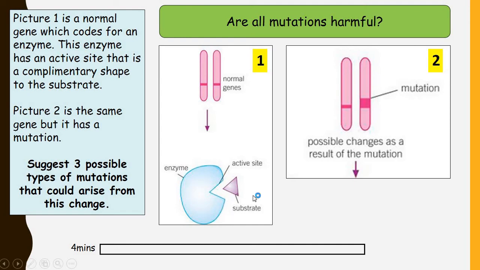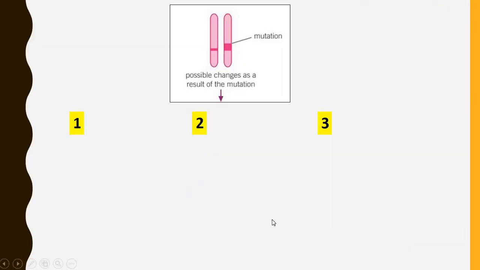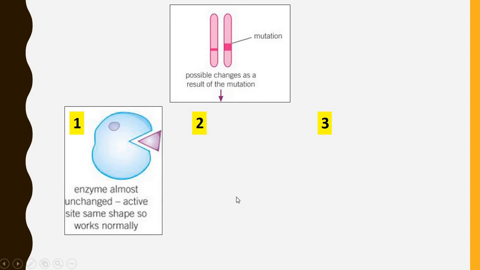So if the sequence that makes this enzyme changes, what could the three possible outcomes be? Okay, so pause a bit, have a look. So here we've got our three possibilities. First of all, the enzyme could be completely unchanged. Just like the video, there would be a neutral mutation that doesn't affect, profoundly enough, the amino acid sequence, the protein that makes this particular enzyme. So the enzyme would be almost unchanged. You see it's slightly different shape, looks slightly different, but still is able to work effectively. So almost a neutral